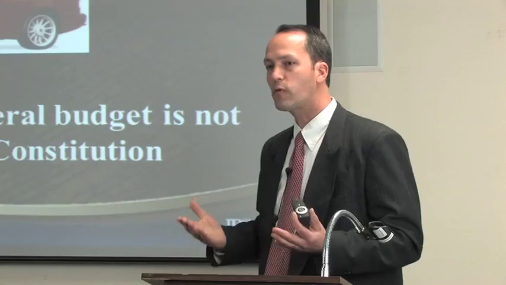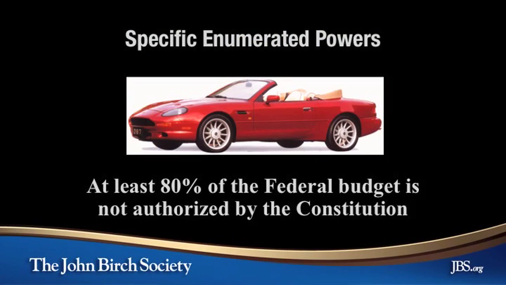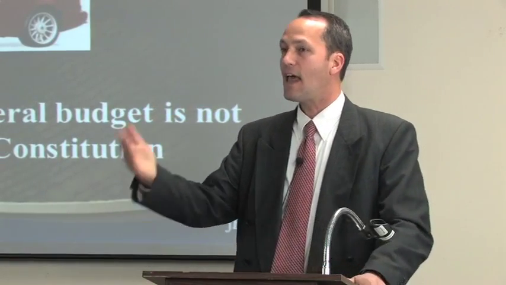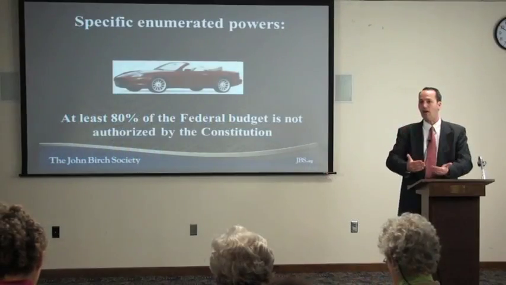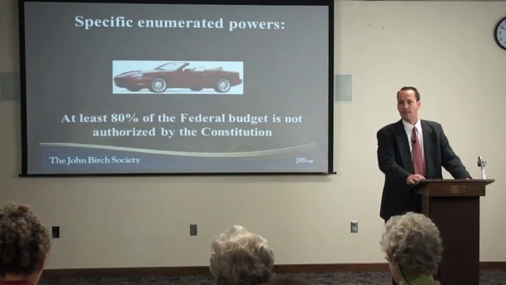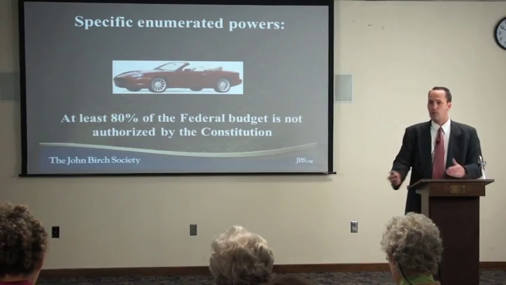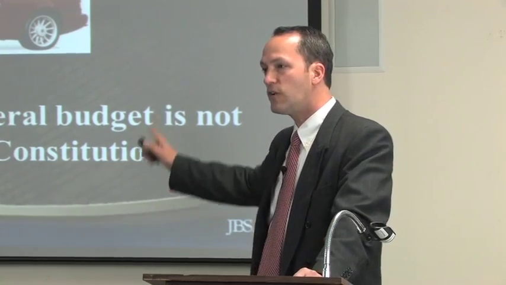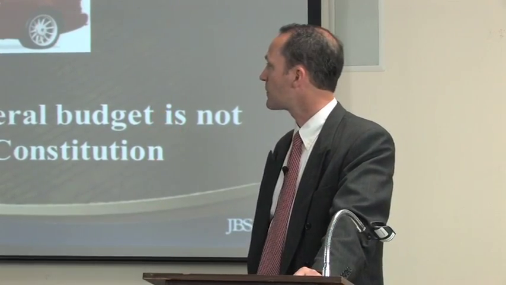Now, can you imagine for a moment if we were to trim back the federal budget to fit within those enumerated powers? That'd mean we'd trim the federal budget by 80%. Do you think we could balance the budget? I think we could quite easily balance the budget and have a surplus and do something we haven't done for many years. That means pay off the national debt. That's really what we need to be doing, and I think this is the only way we could ever do so, is if we were to get our federal government to rein itself back in, or we rein it in, to fit within the bounds prescribed by the Constitution.